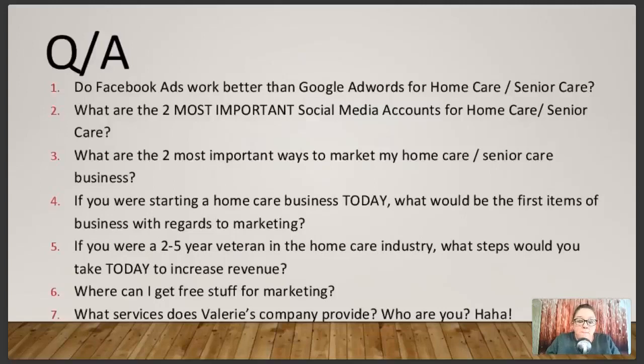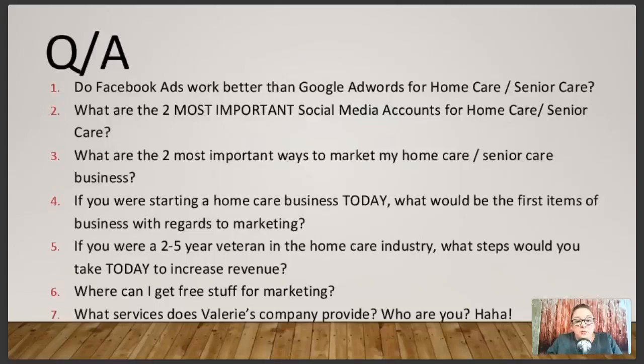But for those of you who are small business owners who have an independent agency, or maybe you're a franchise owner but you're way beyond the startup phase, Google AdWords can really run you into the ground fast. You can easily waste $600, $800, $1,000 a month on AdWords and have nothing to show for it.